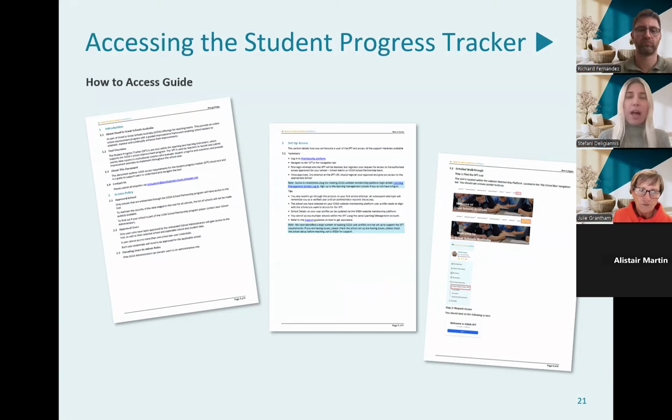Right now we have around 20 schools actively using this tool, and we're continuing to support new schools to come on board. If you're interested in trialing this at your school, we can absolutely help you get set up and walk you through the process, just like we've done with others. It's a simple setup, and once you're in, you'll have access to a powerful tool that can make student data tracking seamless and actionable.